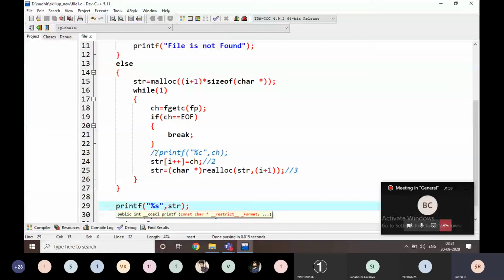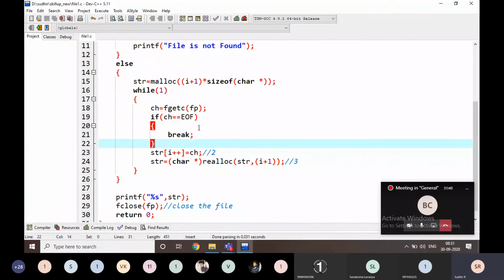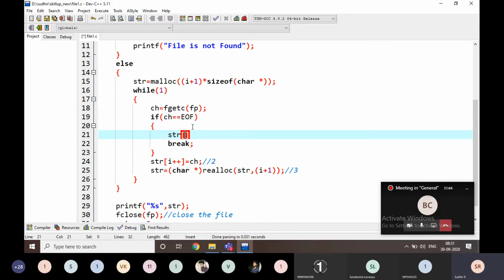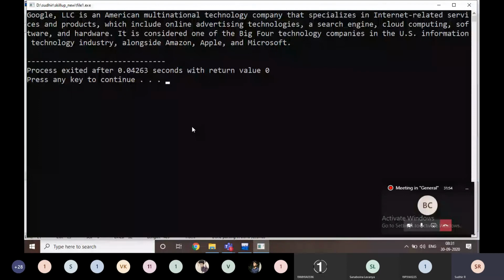I am not printing any data in the for loop. I am going to maintain in the last character only, right? The last character only. If it is like this, str of i is equal to \0, that is end of file. For example, just look at here, in the previous example it gives some garbage values.